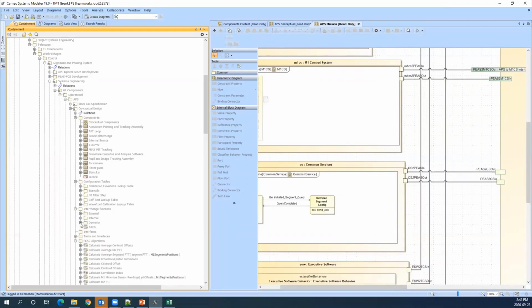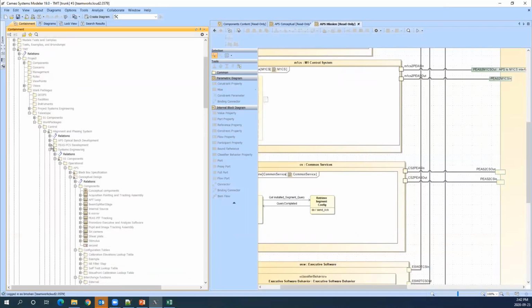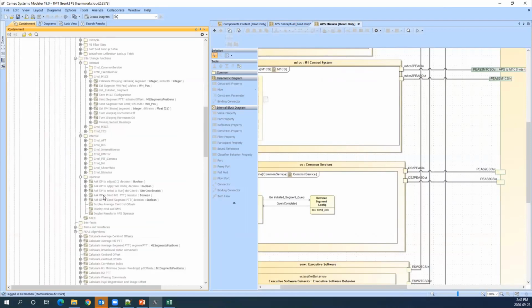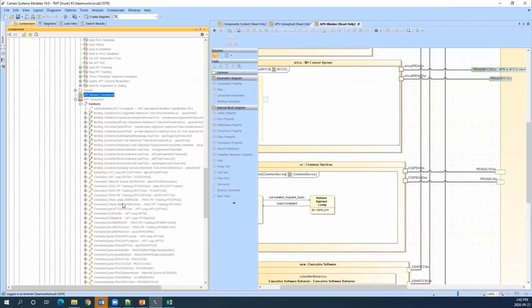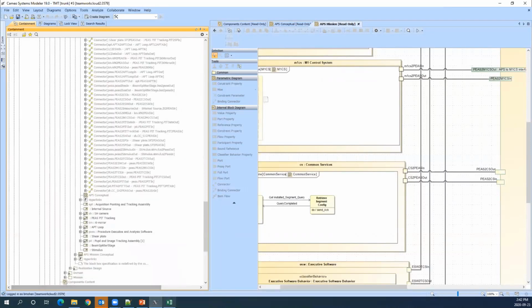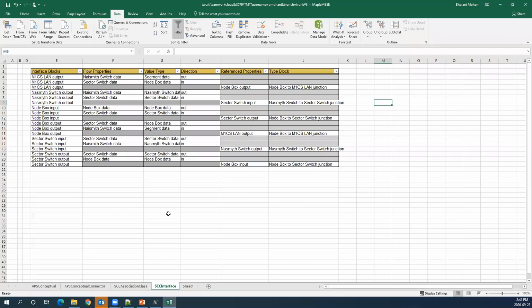So as you can see, there is a lot of information that goes into the model, in different packages. It's very hard even for someone who knows how to navigate the model to find specific information or a specific part of the model. But once this is defined as a template for the end user, they can easily launch Maple MBSE, connect to the project, and work with what is being exposed to them. So that's what differentiates, or the value that we provide for the end users to interact with the SysML model.